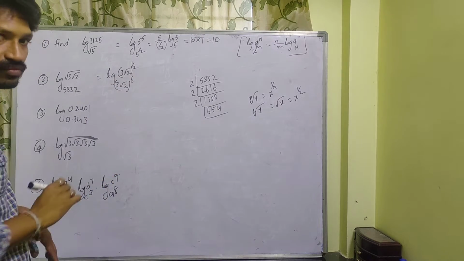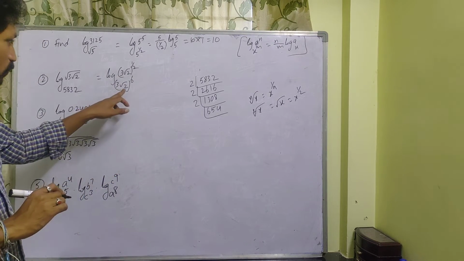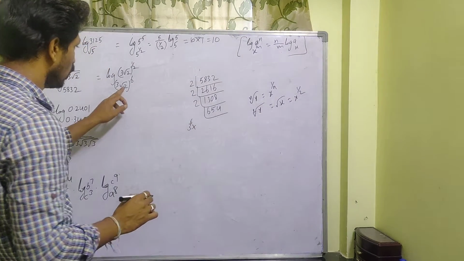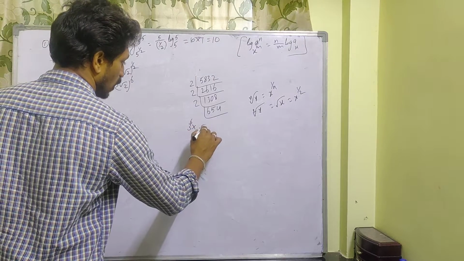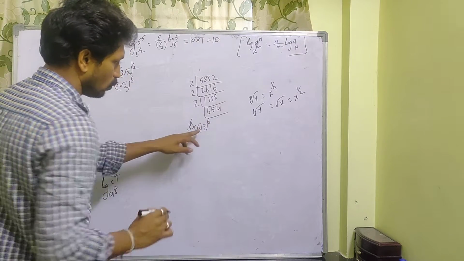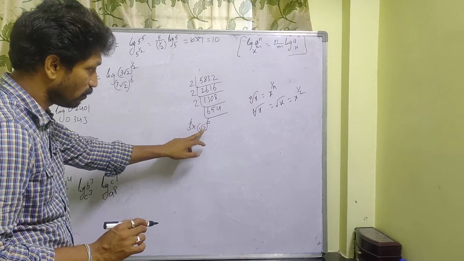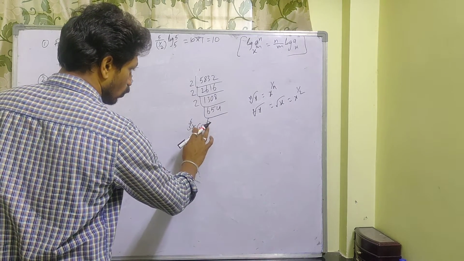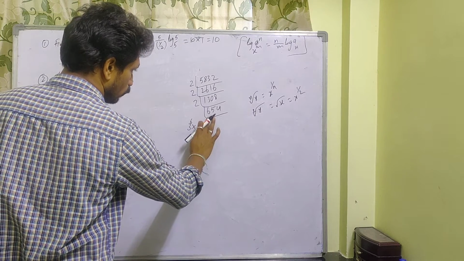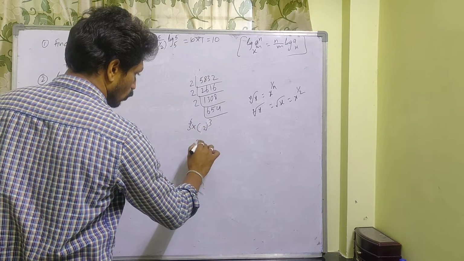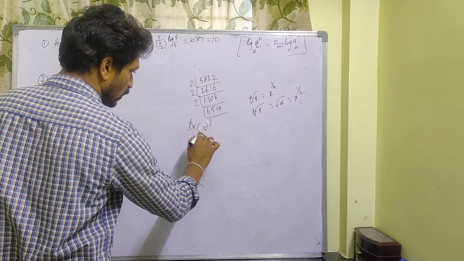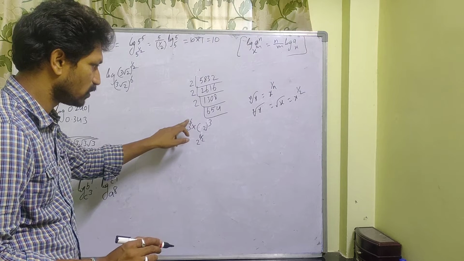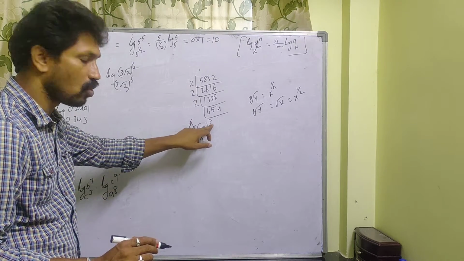So you continue this procedure, and you get that 5832 is nothing but (3 root 2) whole power 6. Because here you may get 3 power 6 into (root 2) whole power 6. Root 2 you never get directly. But how can you write this root 2? This root 2 is nothing but 2 cube, that means root 2 means 6 by 2 you get. Whenever you have 2 cube, if you want to write it in this form, you can write it as (root 2) whole power 6.